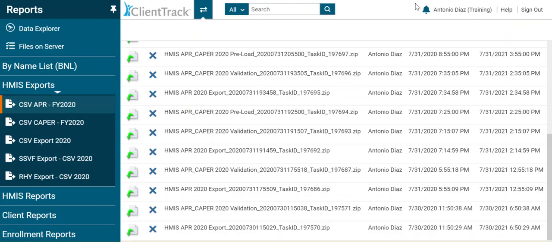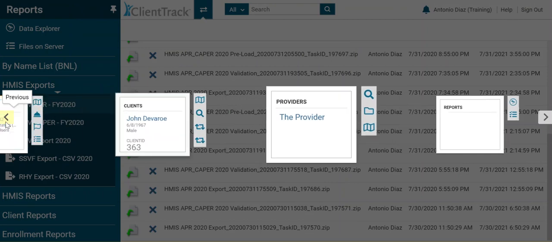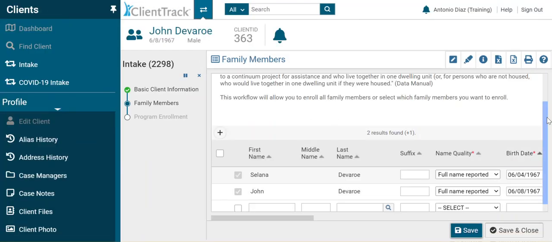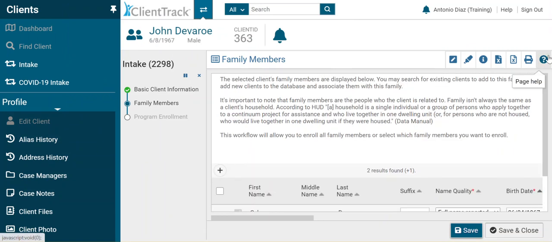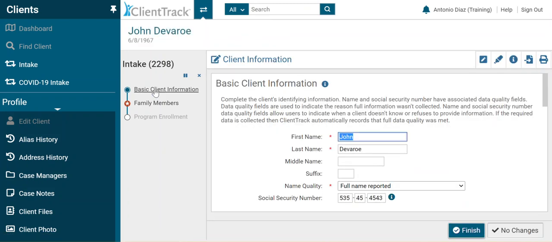And we will go back over here to clients. And I already have Mr. Devereaux pulled up. So we're going to look at his basic client information. And so how we got here was, let me tell you,